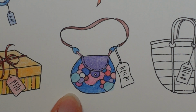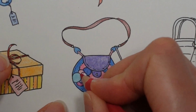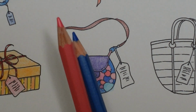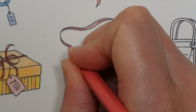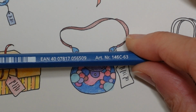I'm just trying to work out what I've used there already. I think I'm going to use 23. That's the Bordeaux, isn't it? Yeah. Now we've got a couple of colours that we haven't used twice. We've got a blue and a pink. And I'm going to use one of them for the pink, which is 25, for these. And then my last blue, which is 63, which is